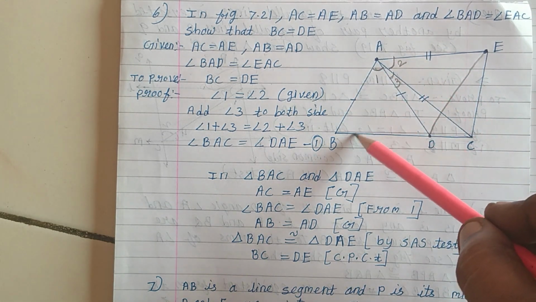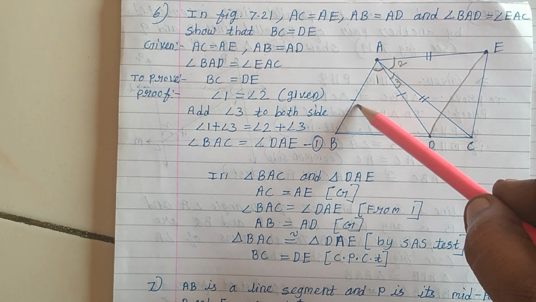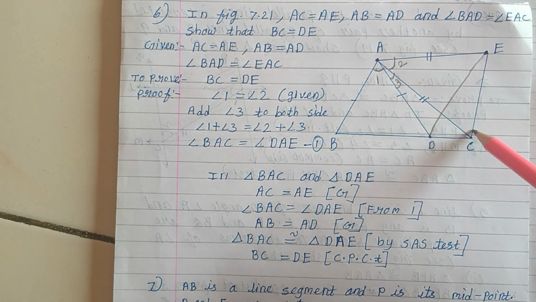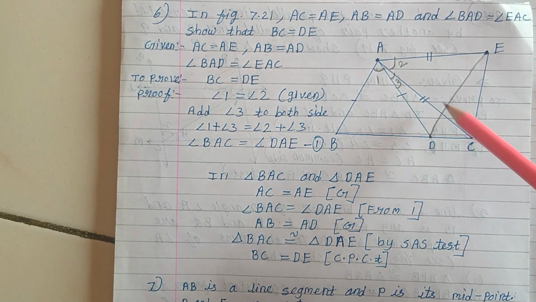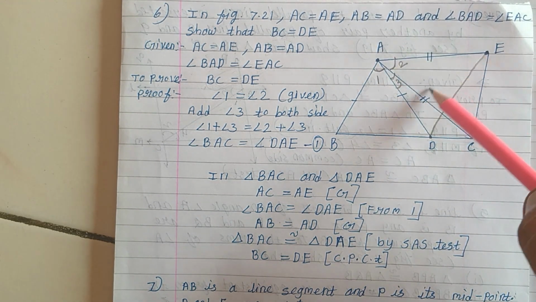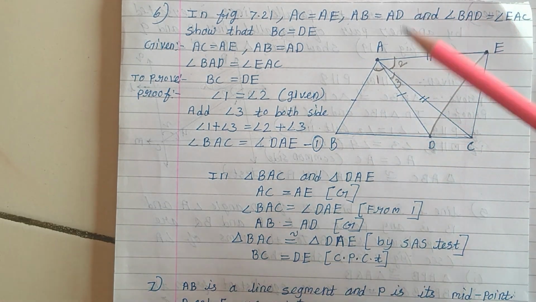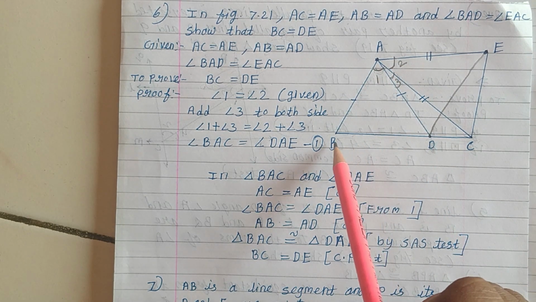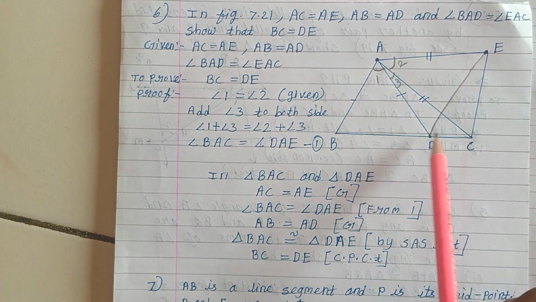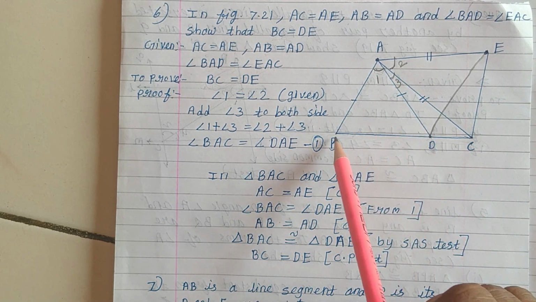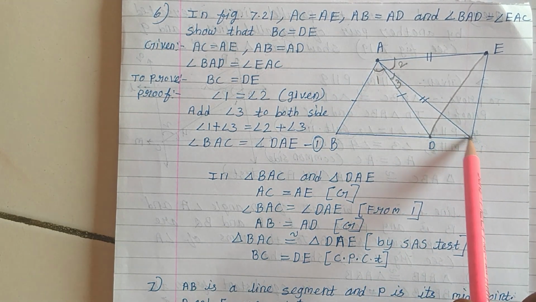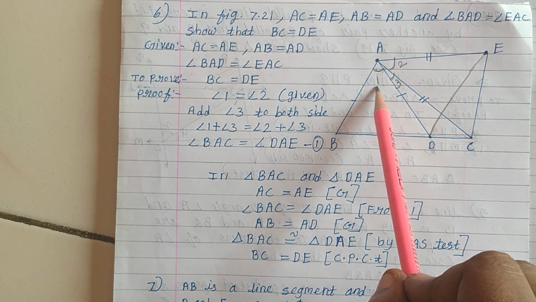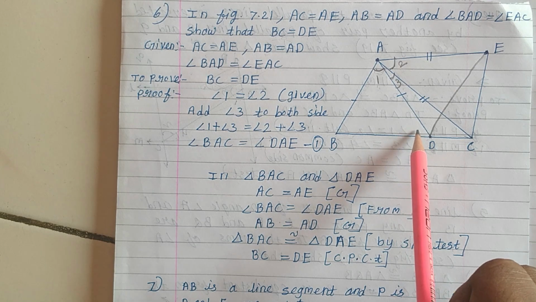In ABC, AB, and in ADE, AD are equal. Similarly, in ABC, AC and in ADE, AE both are equal. Two elements are already given equal. And we can see angle 1 is equal to angle 2. लेकिन ये जो ट्राइंगल है BAC, इसमें पूरा एंगल आता है, यानी टोटल एंगल BAC, एंड BAC एंगल कंसिस्ट ऑफ 1 + 3, but here already only given angle 1 is equal to angle 2.